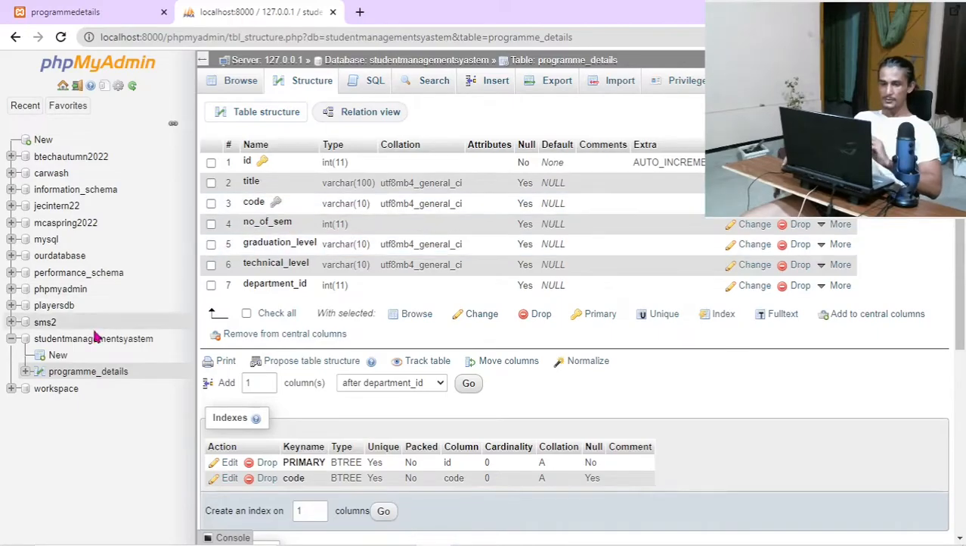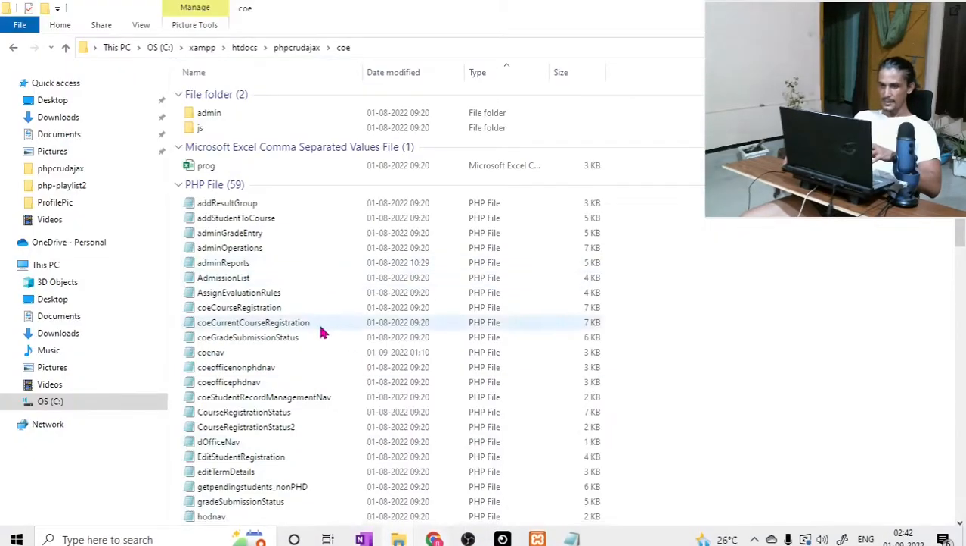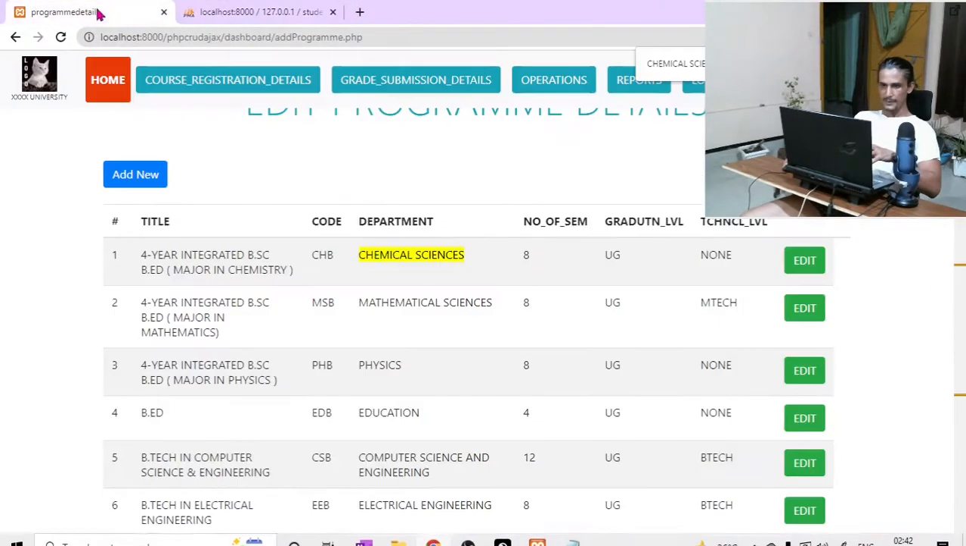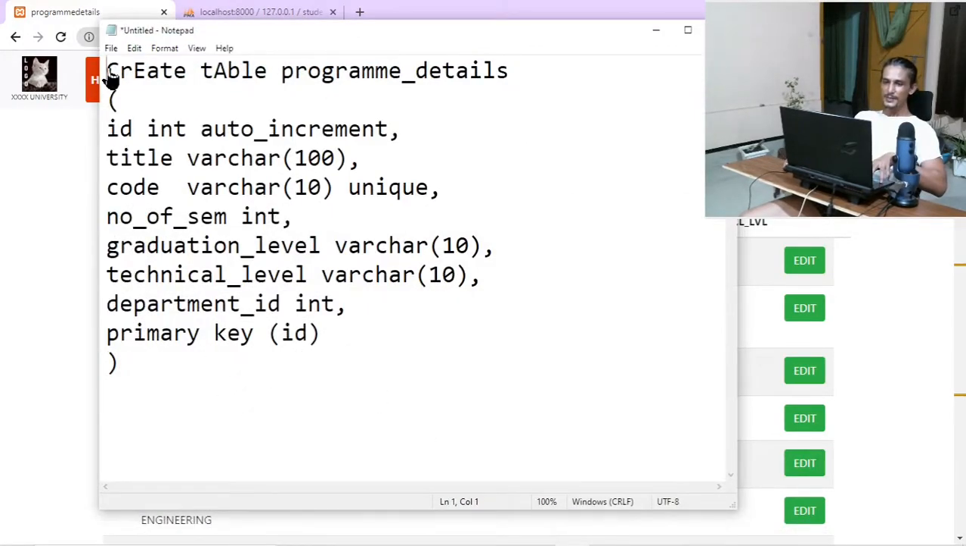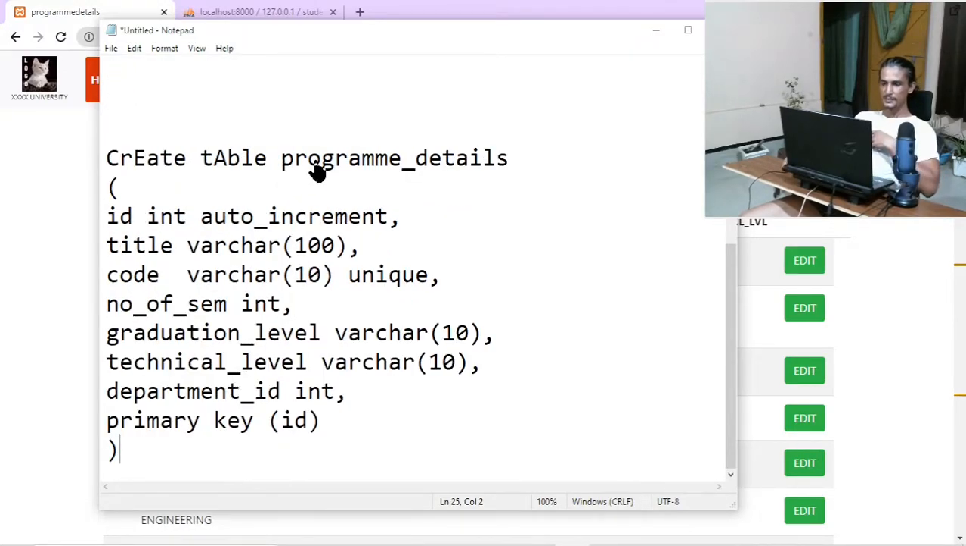Now our table whose name is program details is created, but still, if you think logically, in this table we are not storing the name of the department anywhere. But in our application, we need the name of the department, right? So for that reason, we are going to create another table whose name is department details. So I'm going to create this table, and I'm calling it, for example, department